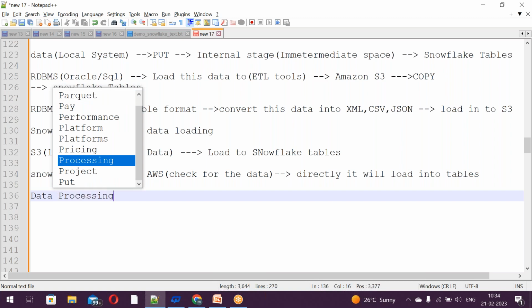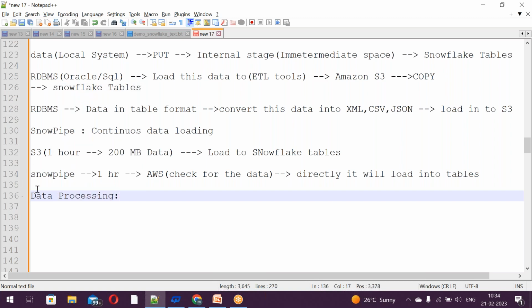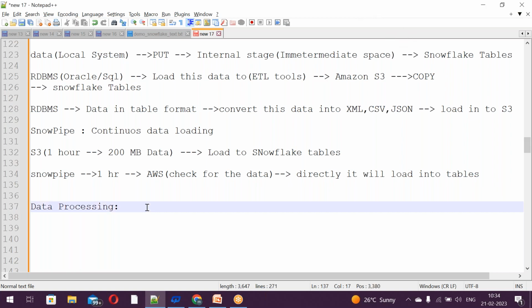So we have loaded the data in Snowflake. Now we need to do something like data processing here. Guys still here? Can you go with the data processing? Yes, no? Yes, sir. Okay. Now data processing means we have some data, and we are going to do some calculations. Think like this. The client is going to say, what is the total sale